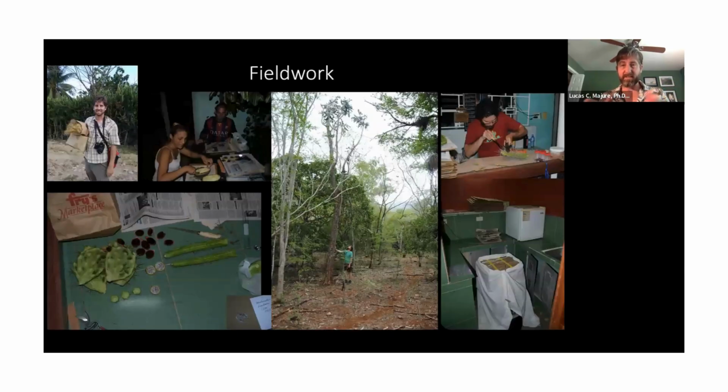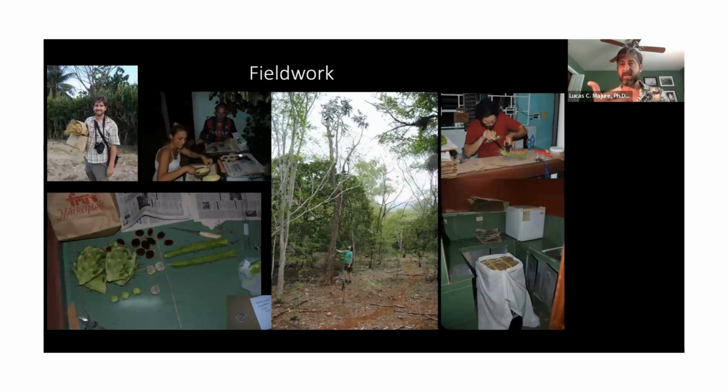I did want to give a shout out to the importance of the field work that we do. These are photos of myself and collaborators on both Cuba and Hispaniola, and we do a lot of field work and generate a lot of herbarium specimens. These herbarium specimens are essentially the backbone of all the rest of the work that we do. I'll be showing you some phylogenetic trees in a little bit, showing you the evolutionary history of the plants that we study. But the backbone of all of that data, be it pollination data, data on morphology, data on genetics, anything like that, is backed up by these herbarium specimens.